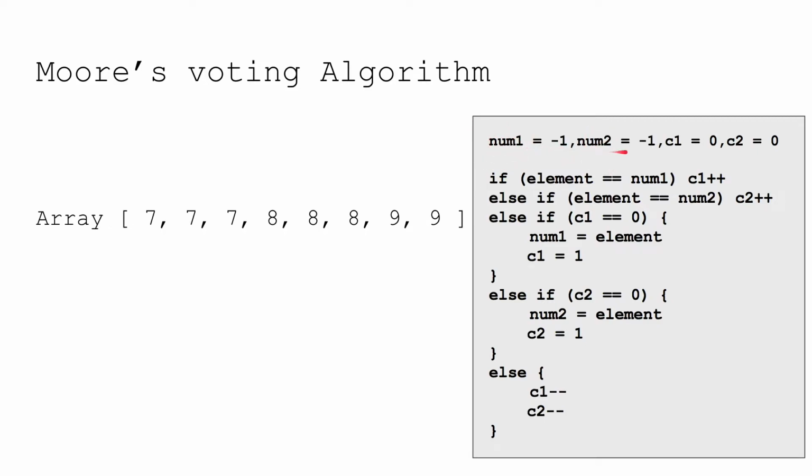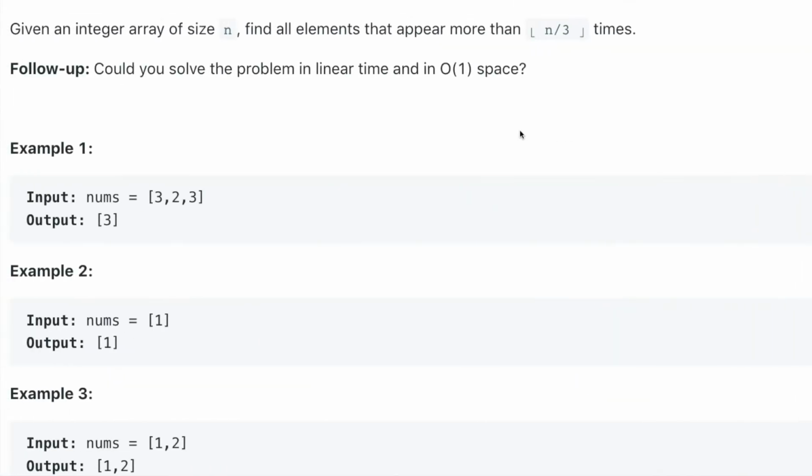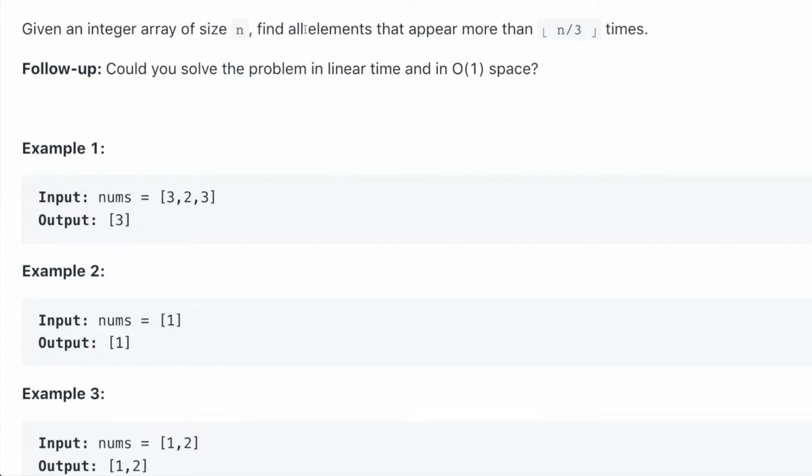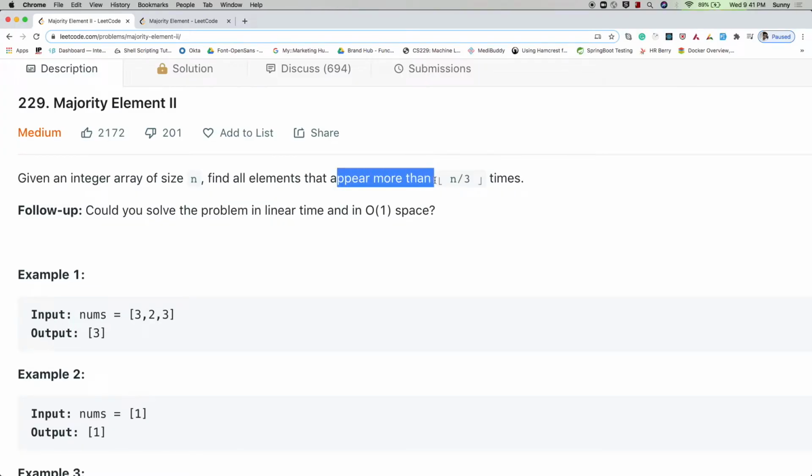Now I'll explain what this num1 and num2 are. Here these two variables will possibly hold two majority elements at the end of this algorithm. So now you must be thinking why there are two variables. If you read the problem statement carefully, here we are trying to find those elements that appear more than floor value of n by 3 times. That means with this logic we will get at most two majority elements.